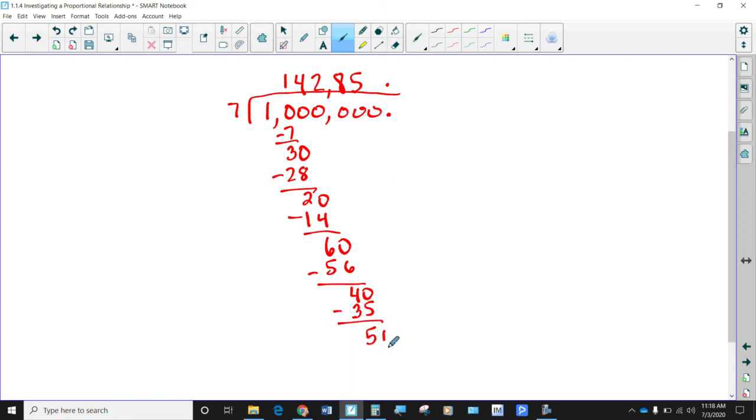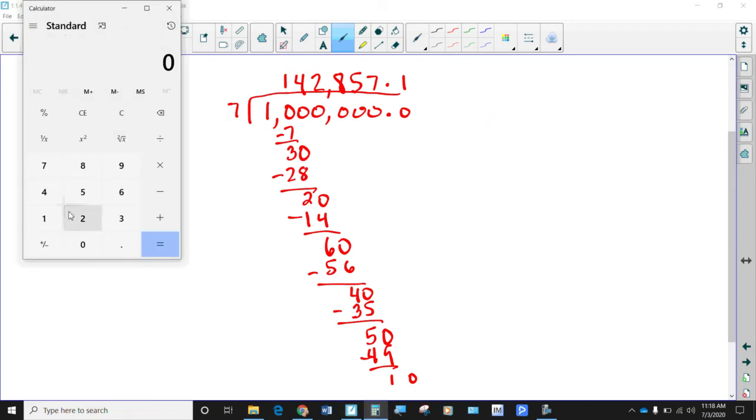Bring down the next 0, and that's going to be a 7 for 49. And this is never, ever going to terminate. Because look, we're going to start all over again. We're going to get 1 here again. Then we're going to get a 4, then a 2, then an 8, then a 5, and a 7. And if you see this on the calculator, clear out 1 million